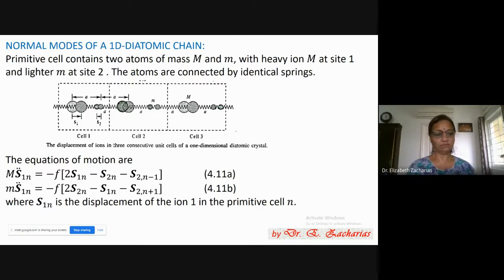So what I'll do, considering that you people have a test, is discuss the normal modes of a diatomic chain. What is diatomic? Diatomic means instead of one type of atom, you're going to have two types of atoms. Here you see there is a smaller atom A and a bigger atom B. Once more you talk about a chain, set up the equation for that, and try to see what the dispersion relation is going to be for this particular chain.